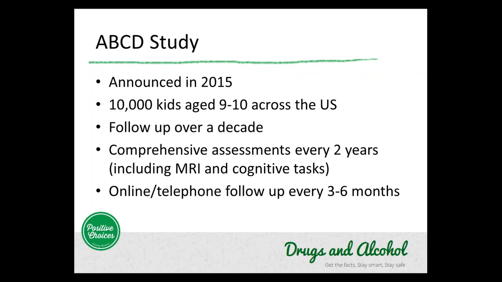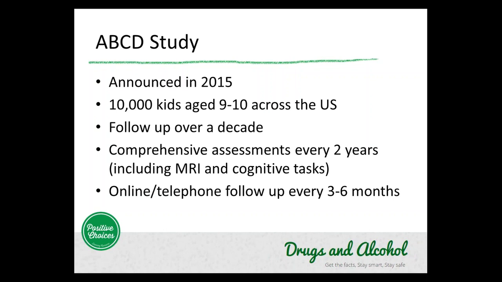And I also just wanted to briefly mention the Adolescent Brain and Development Study, which was announced in September 2015. So this is a prospective longitudinal study which will follow 10,000 kids aged 9 to 10 over a decade, and it's from different sites across the United States. So the idea of this study is to look at what these kids' brains look like before they start using substances, so at the age of 9 and 10, and then follow them up over time